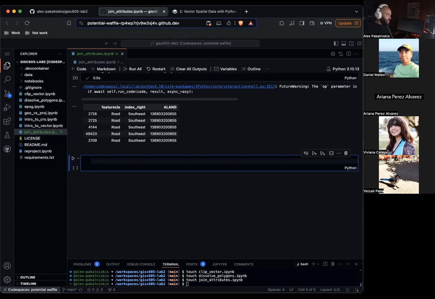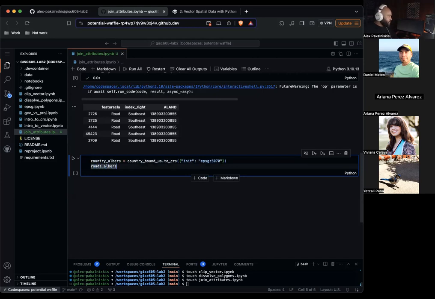So now let's plot our data. But first, let's reproject to Albers. Country_albers equals country_bound_US.to_crs, init, EPSG 5070.